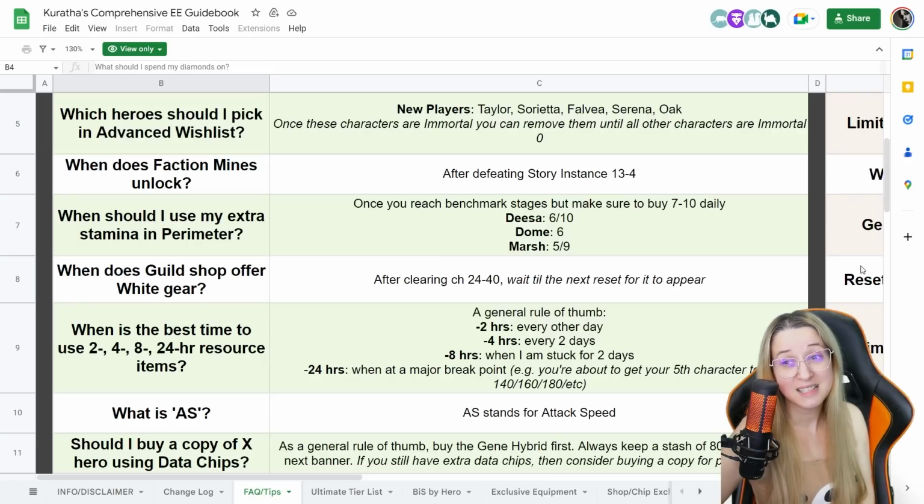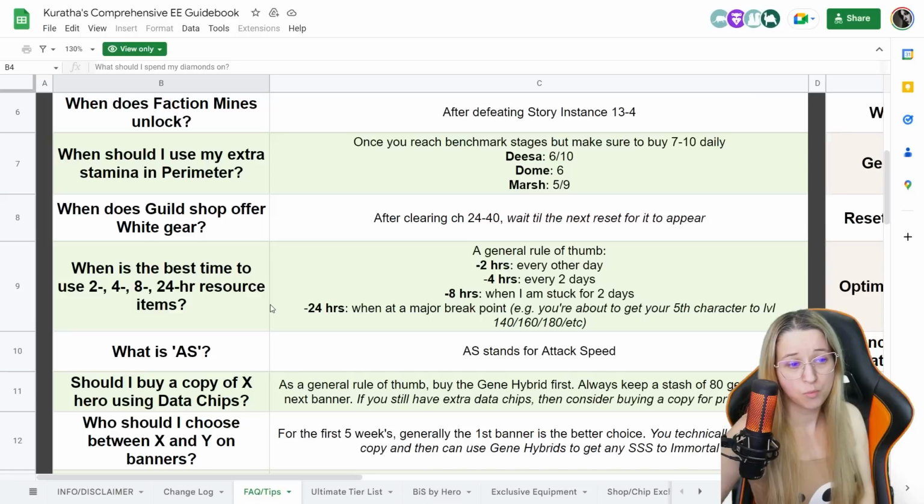A lot of things in this game do not unlock until you hit certain chapters, certain parts of your story mode. So that's why story mode is absolutely the most important thing to focus on pushing in this game. It makes a huge difference when you're in 13 versus 24. It's a big difference, right? You're really going to see the difference.